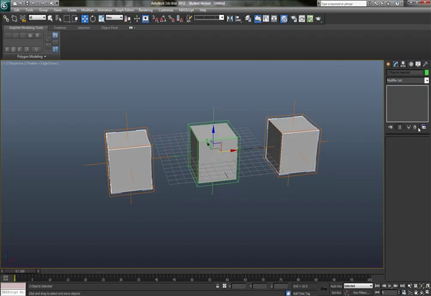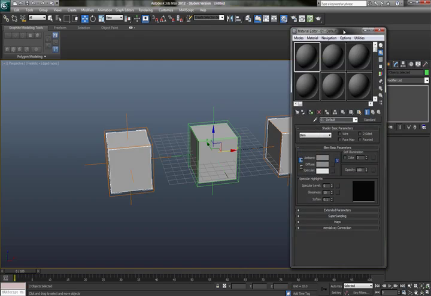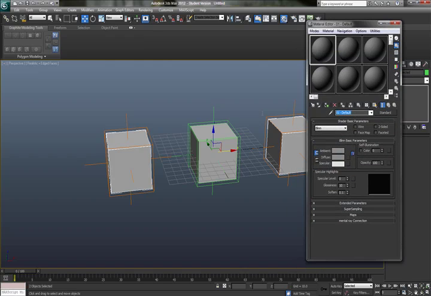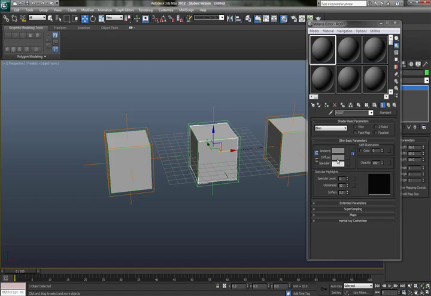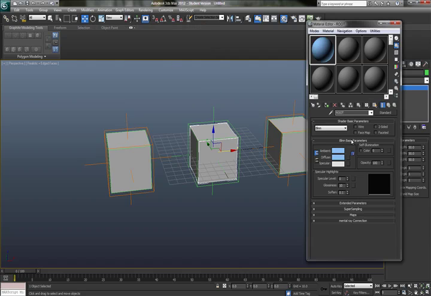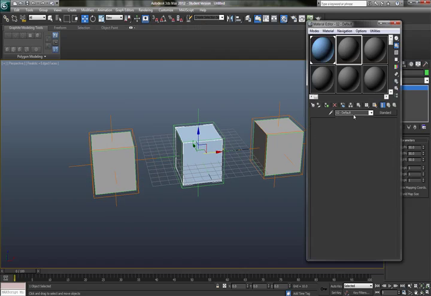and I'm going to bring up my material editor, and select the first material. I'm going to name this one root, because I want to make sure that the mesh it's connected to, meaning this one here, is just for a visual tutorial purpose of being a different color, just so you grasp it. So I'm going to go ahead and make it a light blue color. I'm going to add it to there. Alright. And the next one I'm going to name